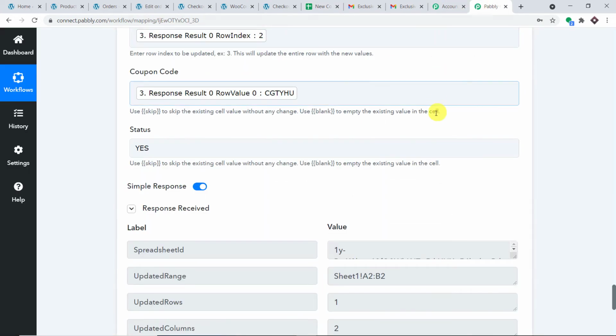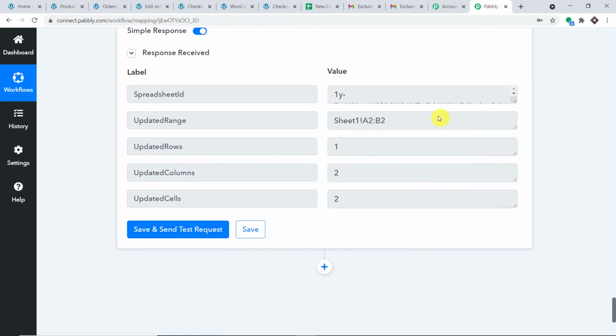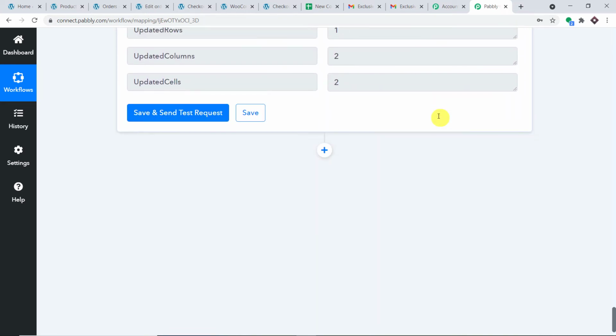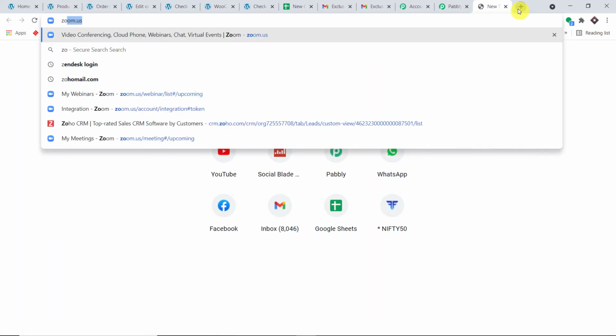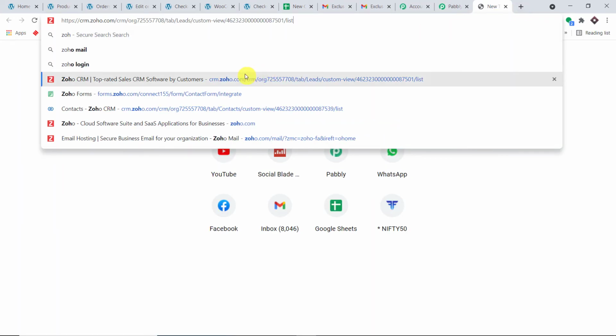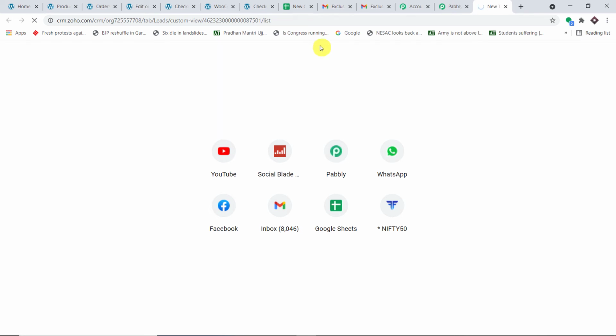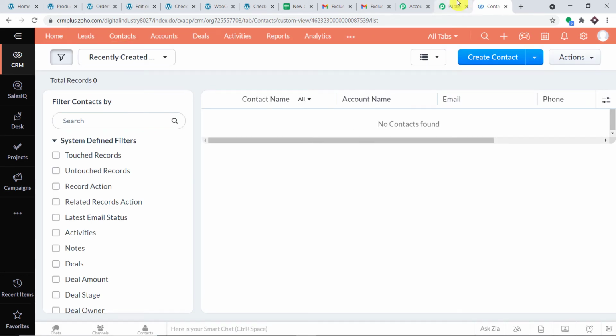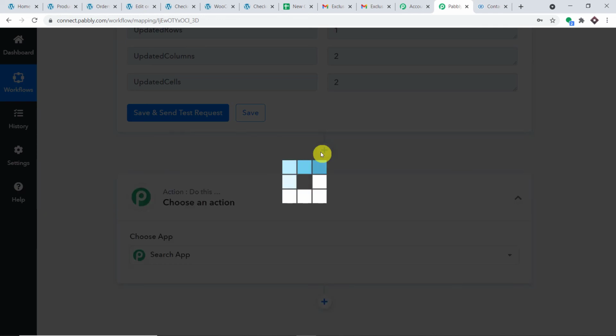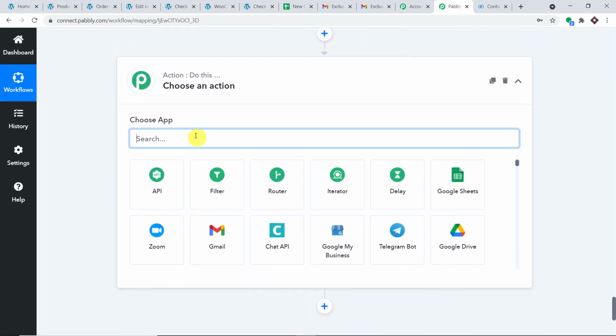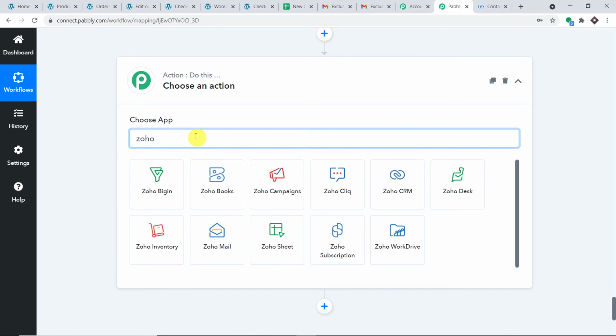Okay, so now we have already updated the data. Now we want to make sure that this data is sent to a CRM. Now we are going to use Zoho CRM, so that the details of this newly created customer, that is Amy, is entered in Zoho CRM. So let me do that. Okay, so let me introduce one more window, and this window will involve